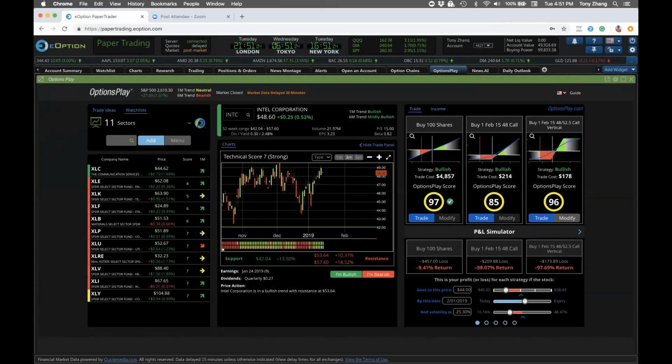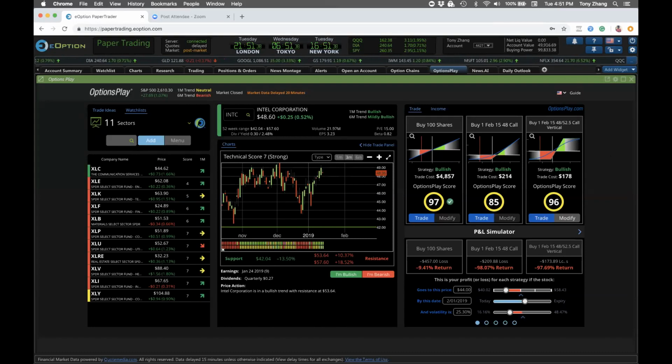If this stock moves down to $44, as you can see, if you had bought the stock going into earnings, which is another way to trade this, you have unlimited risk. If I bought 100 shares of that stock, I lose $457 if the stock doesn't go the direction I expected. That's about 10% of the $4,800 that I have to put up in order to trade that. Not something I necessarily want to risk. Versus if I only bought the call option, I only lose $209. If I bought the call vertical, I lose $173.